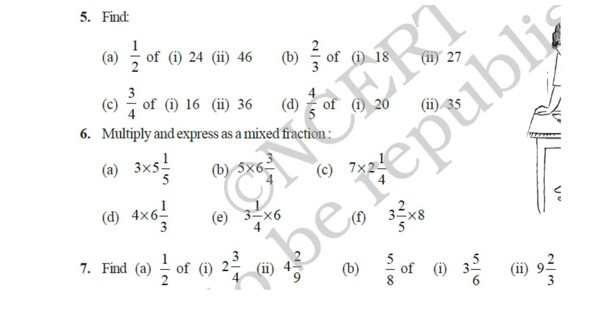Here question number 5, 6 and 7 we already discussed in this video. You do it yourself. Here half of 24 means half into 24. 2 into 12 is 24. So half of 24 is equal to 12. Here 2 by 3 of 18 means 2 by 3 into 18. 3 into 6 is 18. So 2 into 6. Here also you will get 12. Similarly you do the other questions.